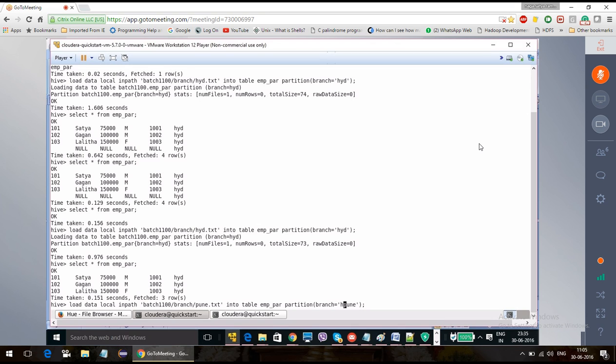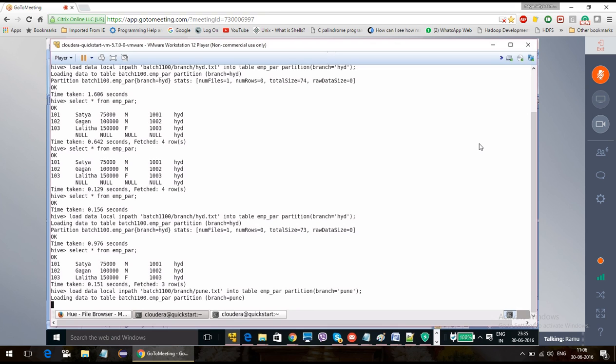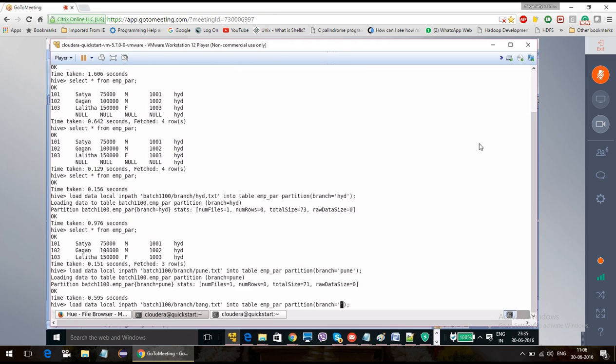Now I need to move the Bangalore file to the branch Bangalore partition. If I select it, I will get all the records.